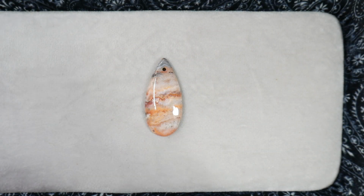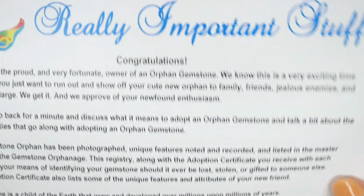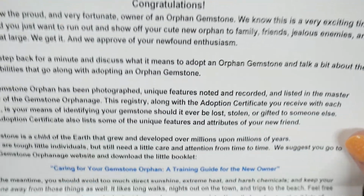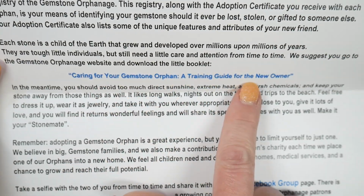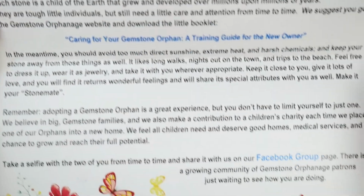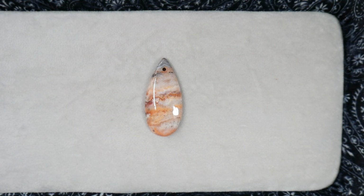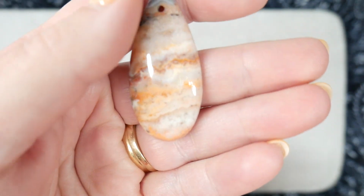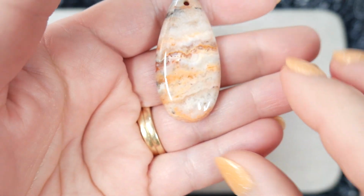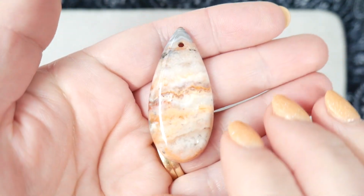Then they also have another paper that comes with it that goes through important information that you need to know about your stone. It talks to you about how to care for your stone and different things that you can do and things to stay away from. So that comes with the adoption itself of the main stone, which this one is Sabbia, and Sabbia in Italian means warm sand, which this is very